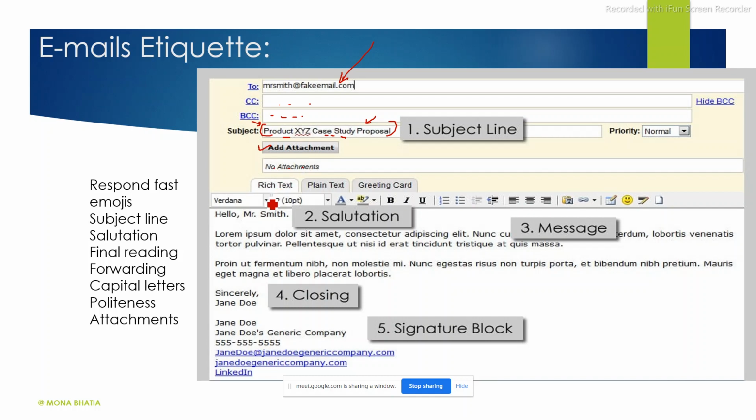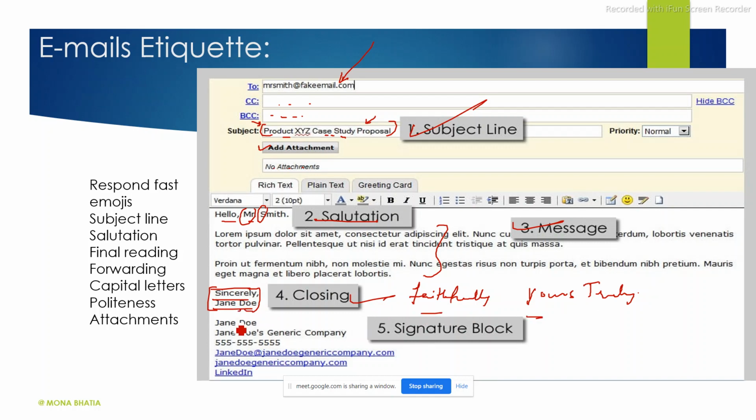what are the attachments here. Okay, now hello Mr. Smith, see capital letter, right? So salutation, this is the second important point. First is the subject line, third is the message that you are writing here. Okay, closing is very important. When it is a formal business email, you have to write it. So many words are there: sincerely, faithfully, okay, truly, yours truly. Most of the people, they like yours truly. Okay, so these are the closing lines, and after that you will write your name.